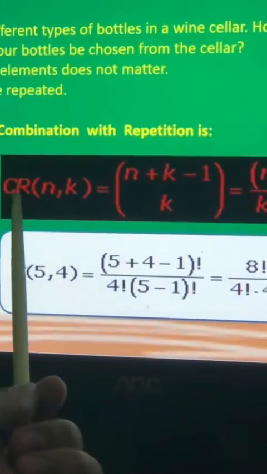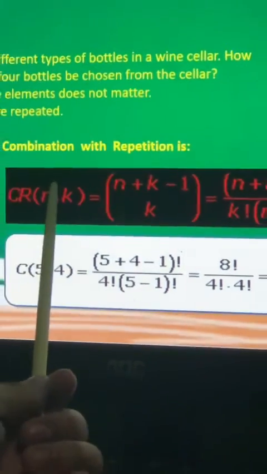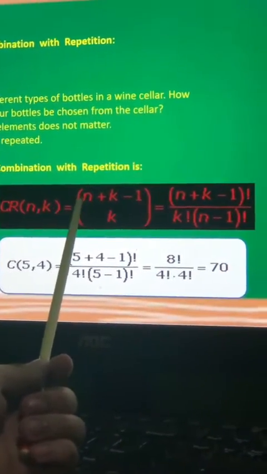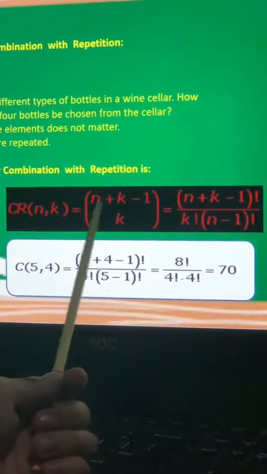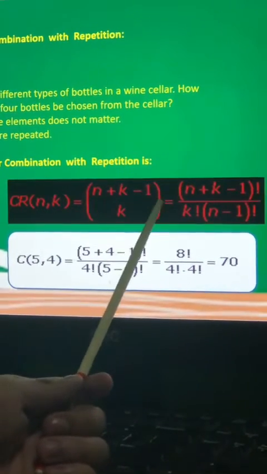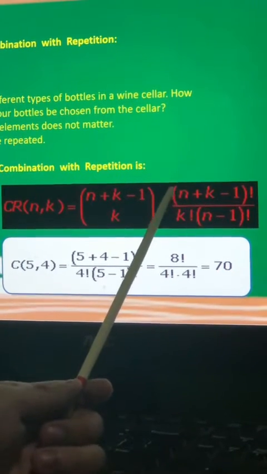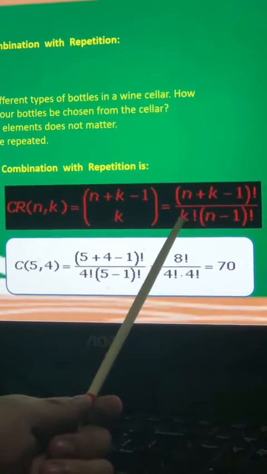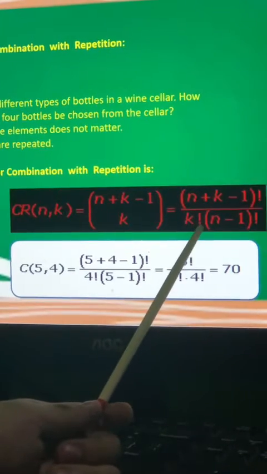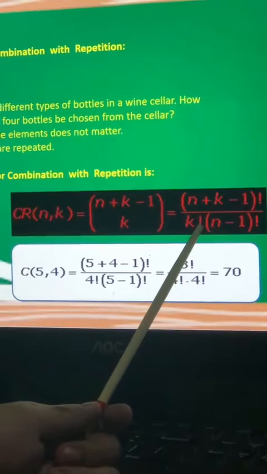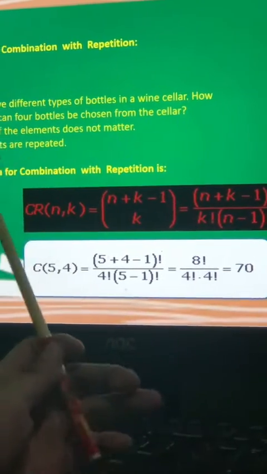C with repetition of n and k equals (n + k - 1) over k, which is equal to (n + k - 1)! over k! (n - 1)!. To solve,